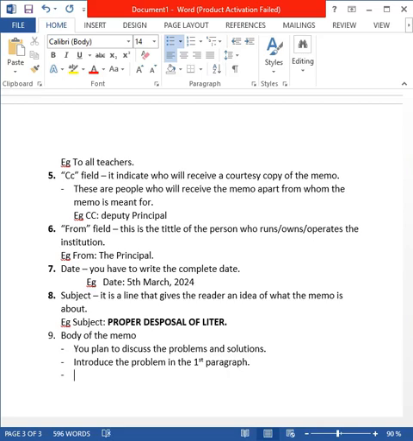And then number 3, you give the solution to the problem in the second paragraph. So one, you plan to discuss the problems and solutions. Number two, you introduce the problem in the first paragraph. Number three, you give the solution to the problem in the second paragraph. And then finally,